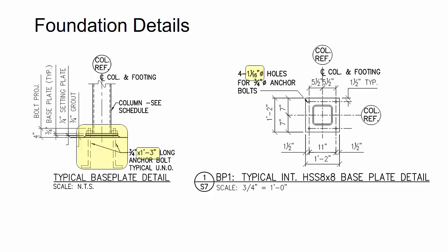Now, some other things here that I noticed is that the engineer sized the holes on the base plates. Oftentimes I don't see this. Basically, you're following the AISC manual and the standards, and it was pretty common tradition or practice to do 5/16 oversize. Now, in some of the newer editions of the AISC manual, you can actually go bigger than that, but